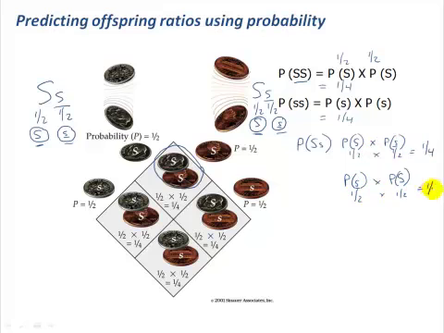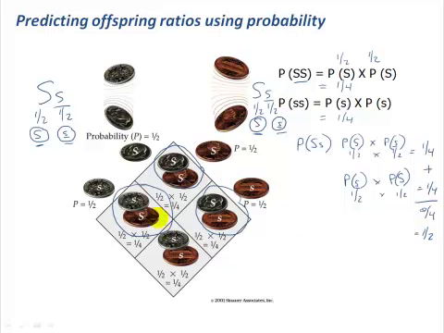1 out of 4, and because there are 2 possible ways that could happen, we know we add those together and we get 2 out of 4, or 1/2 of our offspring that we expect to be heterozygous, and here they are, right? 2 different ways for that outcome to happen. So when we're thinking about more complex genetic problems, where we're combining multiple alleles from multiple genes,